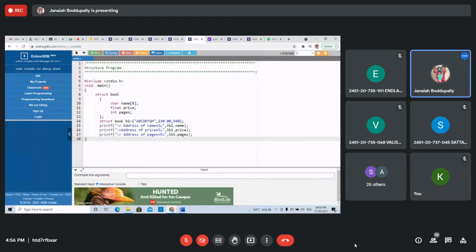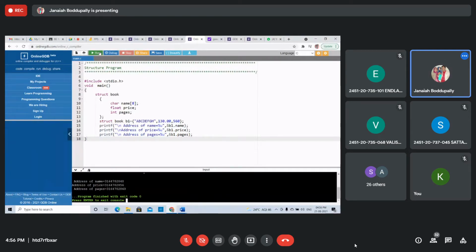Execute this program. Yes, address of name: see the continuous memory locations. These are stored 848, last 48 to 56. What is 56? It has taken 8 characters. That's why 48 to 56, 8 characters, is stored as the name. Then next, 56 to 60, that's 4 characters. Price, that is the address of the price, which is a float value, 56 to 60. That's it. You want to display the content stored in this, so take this content, remove this.